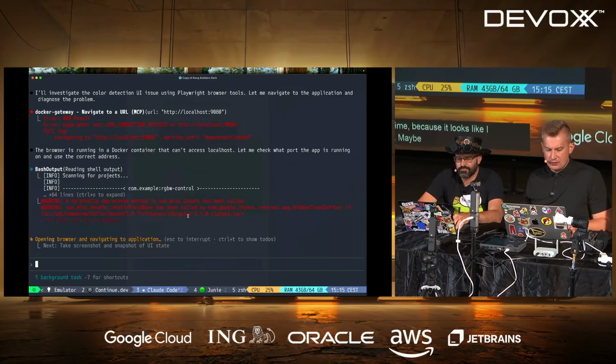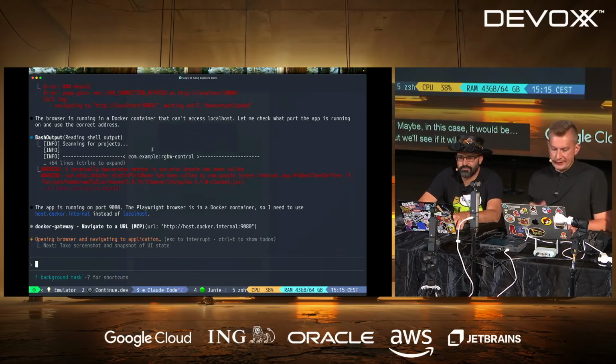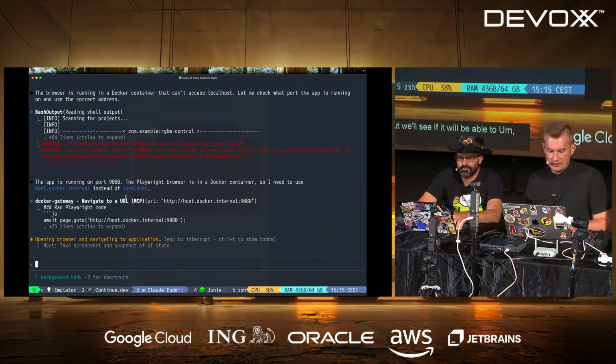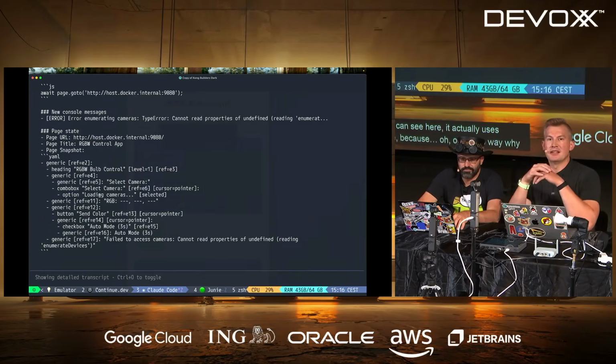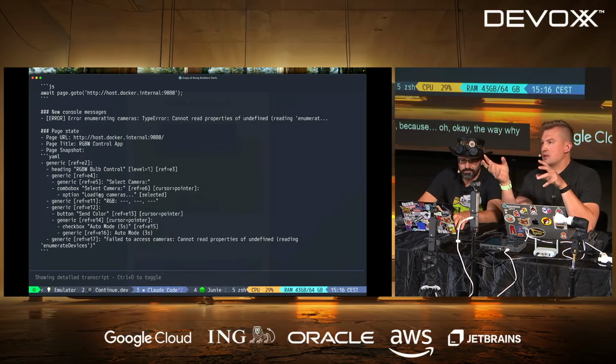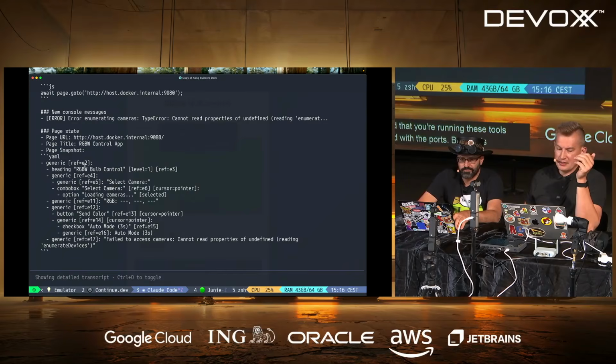Maybe in this case it would be much easier for it to be just using curl, but we'll see if it will be able to run this with the MCP. And as you can see here, it actually uses the Playwright type of code because, okay, the reason why it's not connecting. Sometimes it's good that you're running these tools locally, so you don't need to mess around with the ports. But in this particular case, you see the